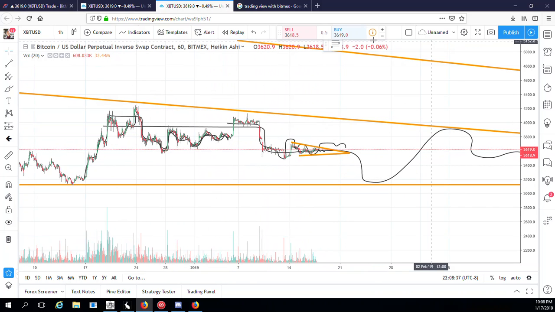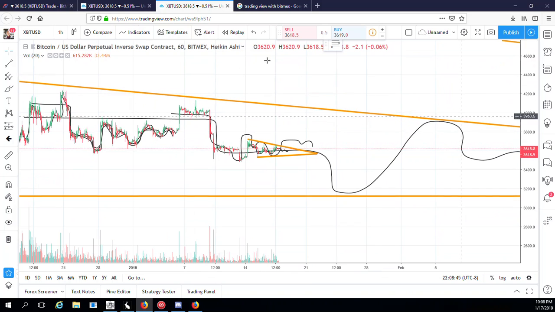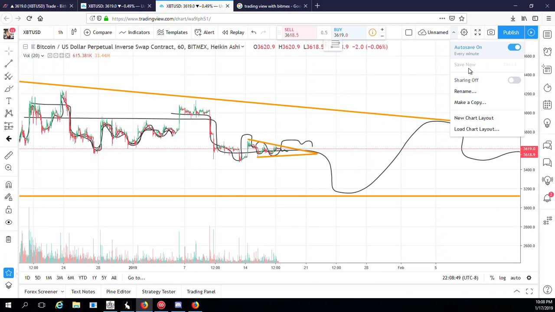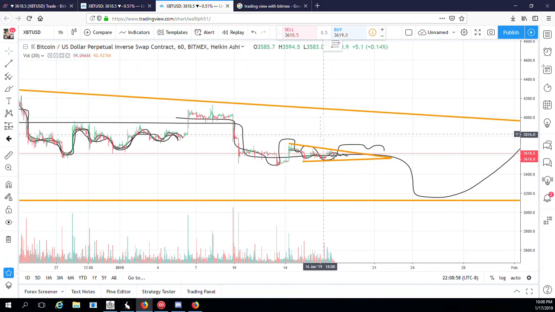You can log in with my username. I think it's shared on LastPass, but if not, I'll double check and make sure you have it. And you can create your own little, what's it called? Save it, and you can create a new chart. I'm not sure how to do it yet, but anyways, going in here, I duplicated it and